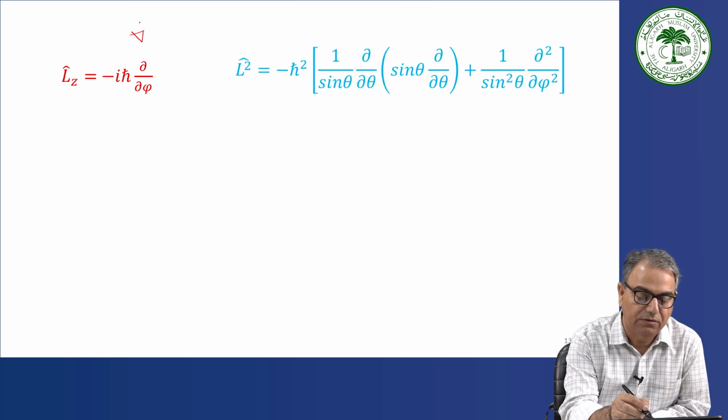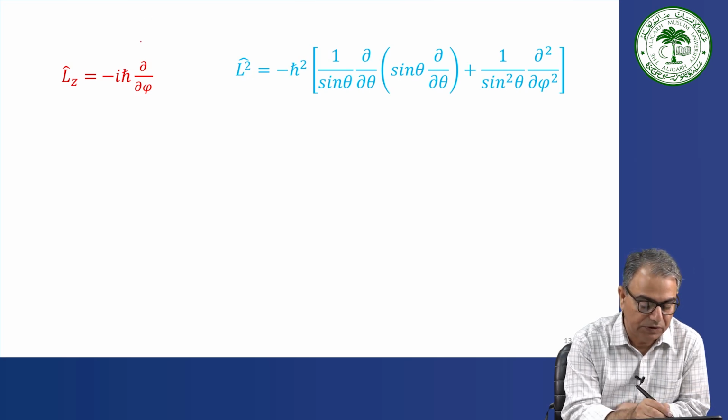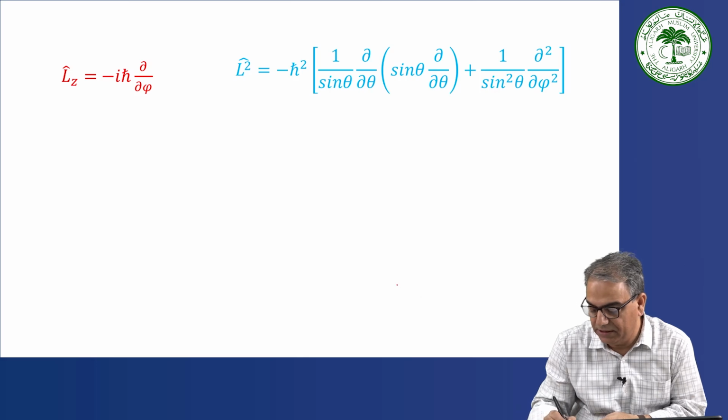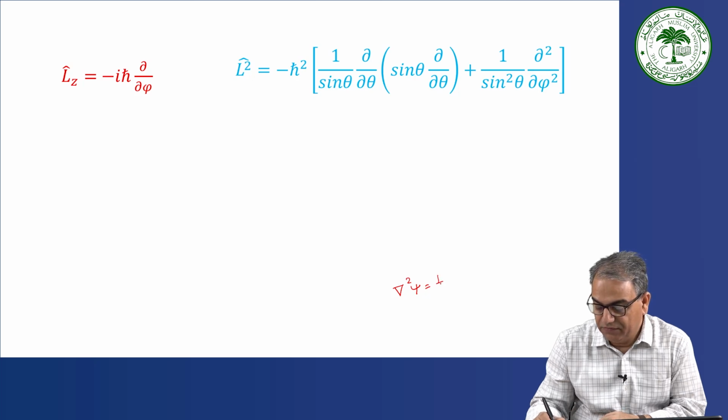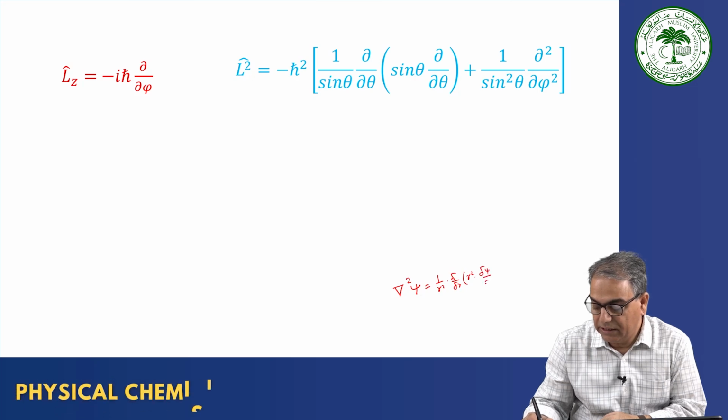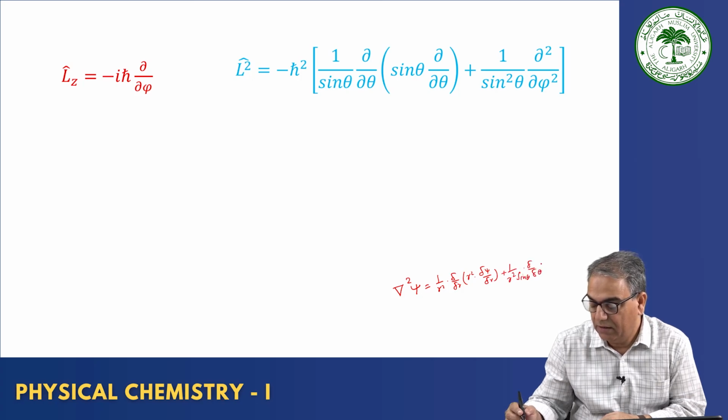Okay, so somewhere I'm wrong. Conversion of Laplacian, I will omit it. First, let me write it in this way. Del square psi was what? It was 1 by r square del by del r square del psi by del r plus 1 by r square sin theta del by del theta into sin theta